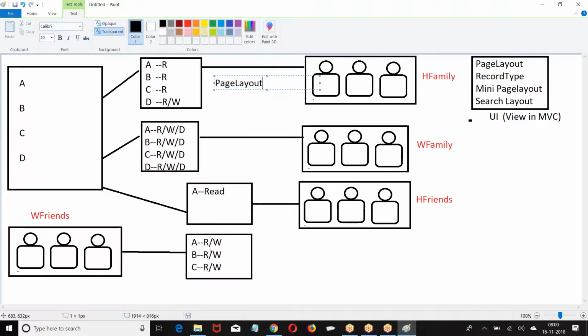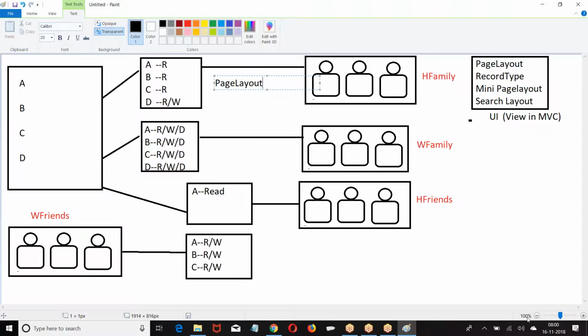Are you clear about this? How many page layouts can we create? Multiple page layouts you can create. Okay, fine. I hope the concept is clear. If you want to show the same page layout for everyone, you can do it. But there is a possibility of showing different ways to different people, so I give multiple page layouts.